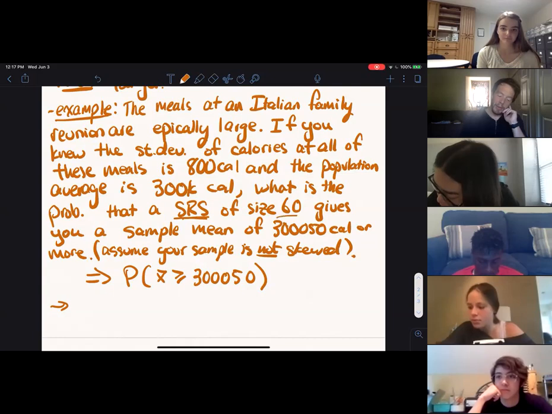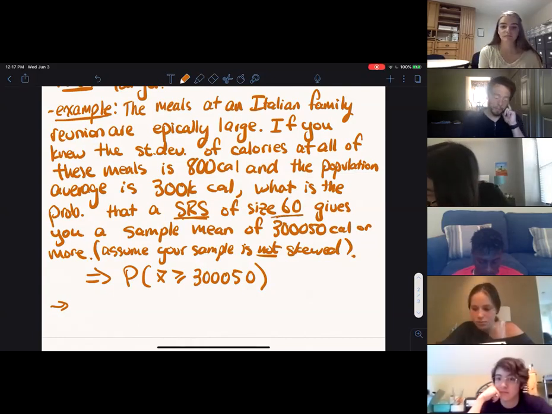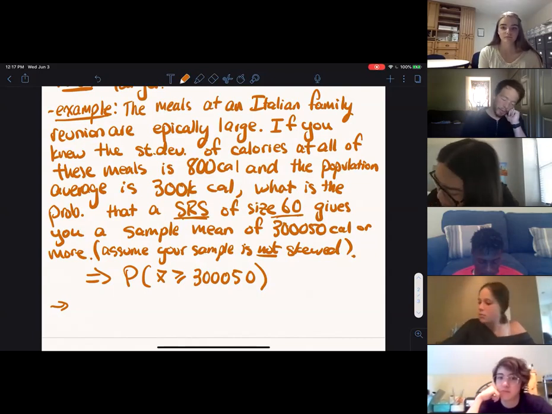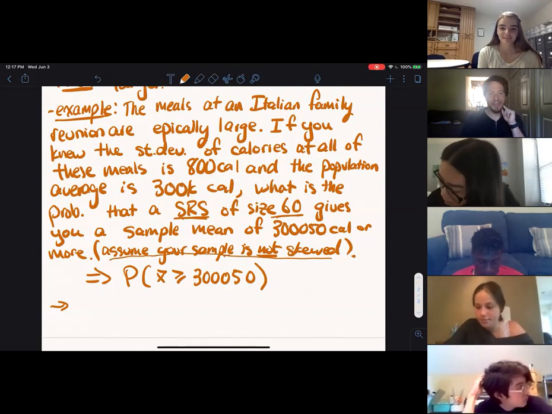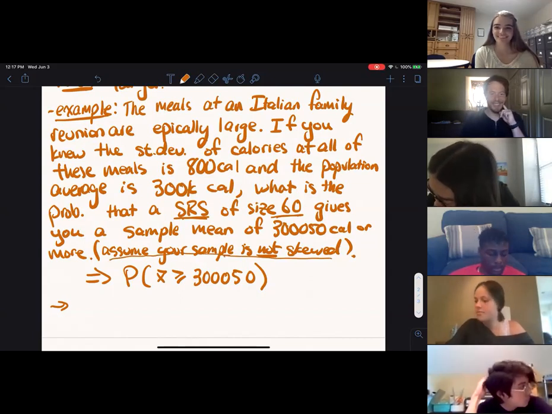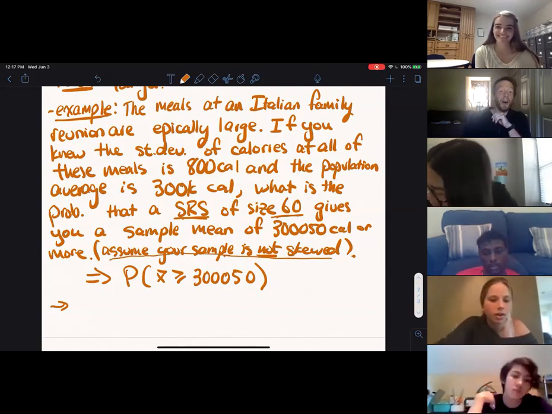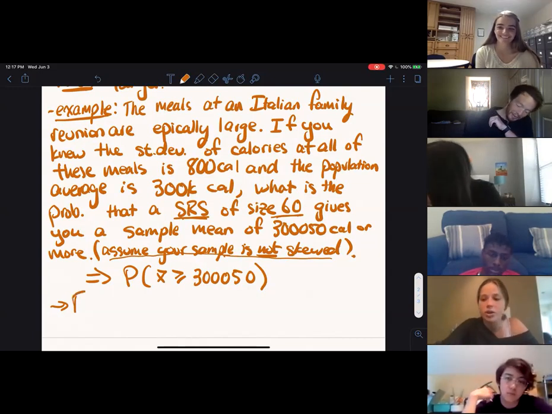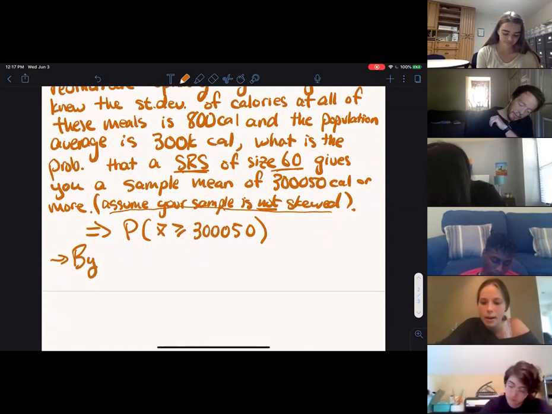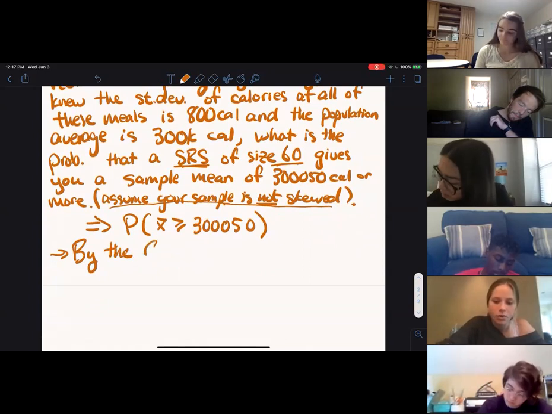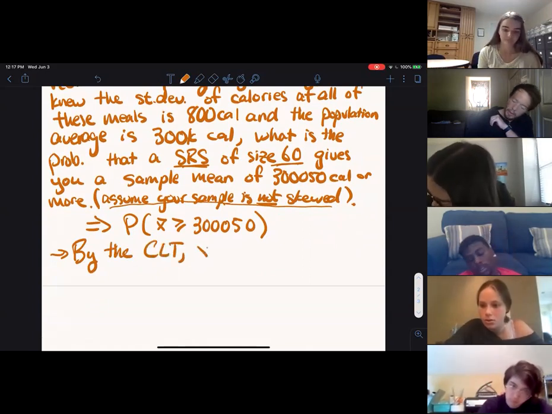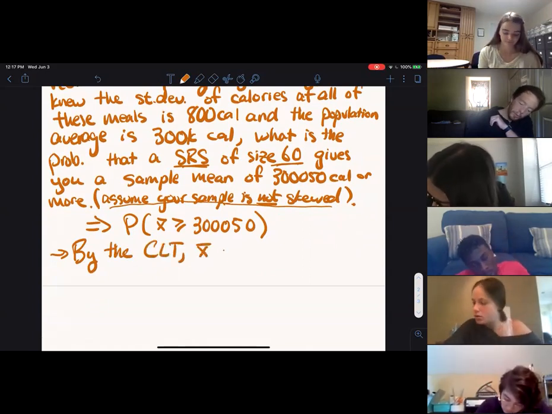I do have a sample size of greater than or equal to 30. My sample size is 60, so condition 2 is met. And based on the caveat I threw in at the end, I don't need to worry about skewness because it isn't skewed. So all three conditions are met, and by the central limit theorem, x bar is distributed normal